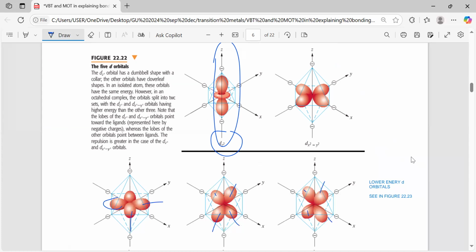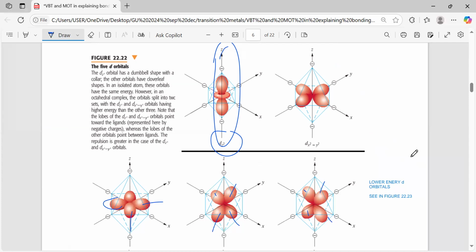Now let's go to the CFT. What does it tell us? Ligands are what? Negatively charged. And ordinarily these ligands will occupy spaces that are directly oriented to the XYZ axis. Okay. So when a ligand comes in, it will be directly oriented to the